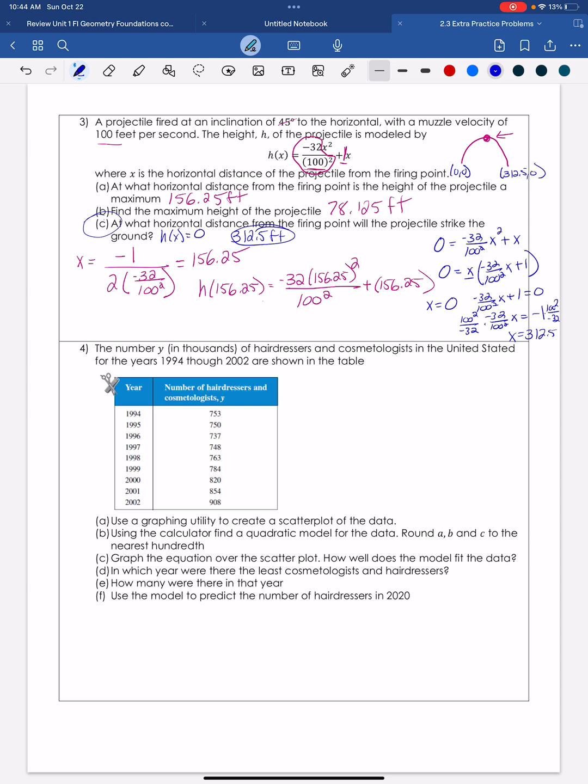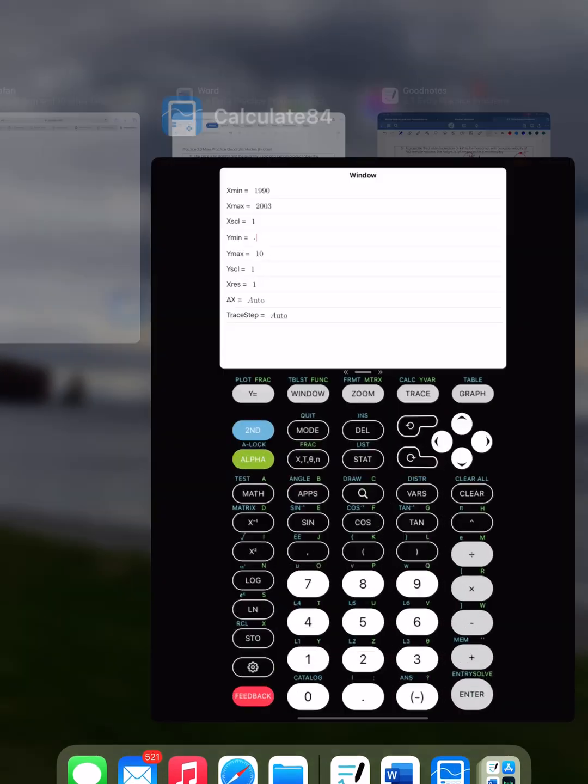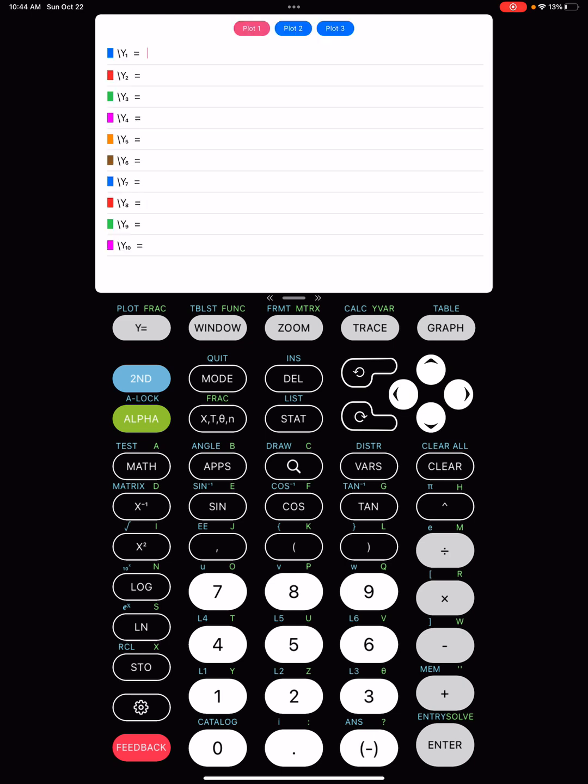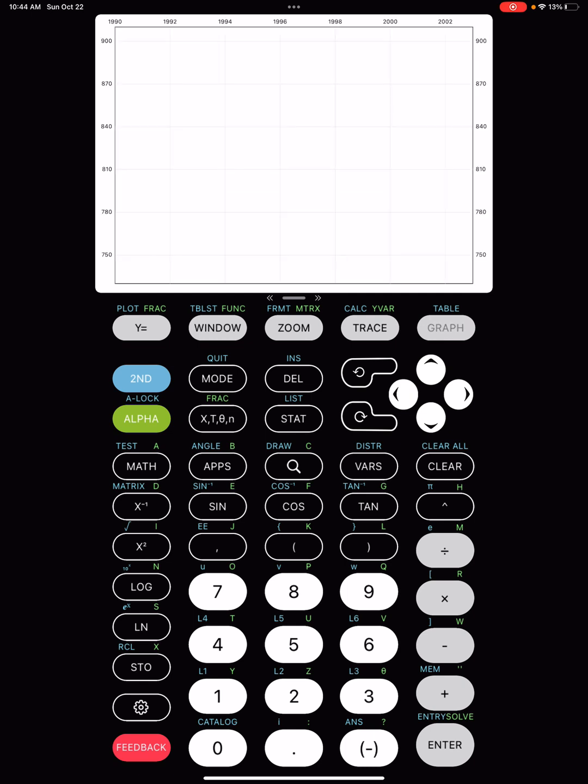Maybe 730 and 910 for my Ys. Okay, and you can go to Y equals, you make sure that plot 1 is on, you press graph,